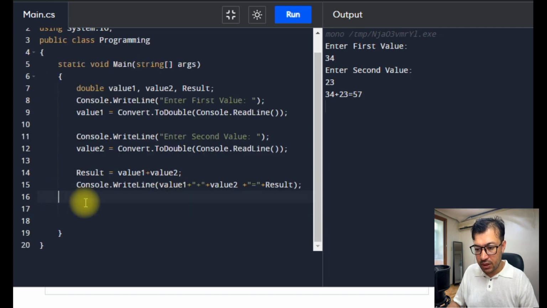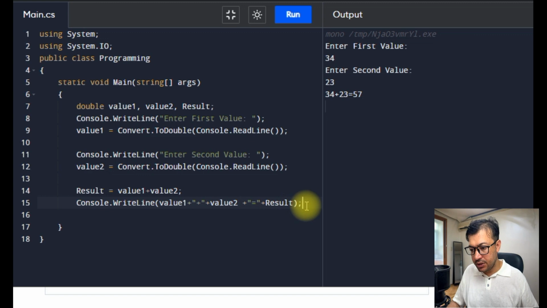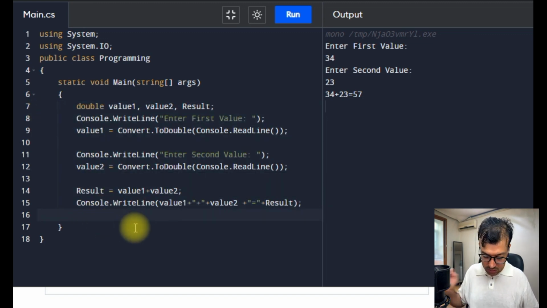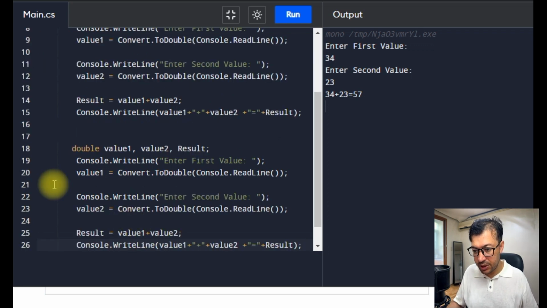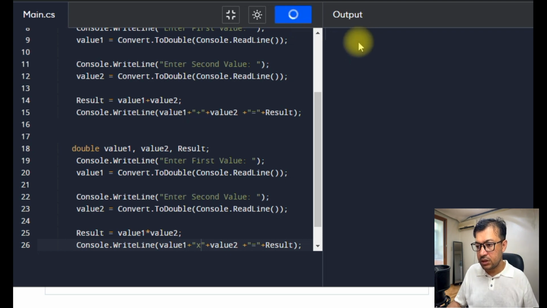Now I am going to repeat this same code for the multiplication operation. So enter first value, enter second value, and then I'm going to put here a multiplication sign. Now if I run it,